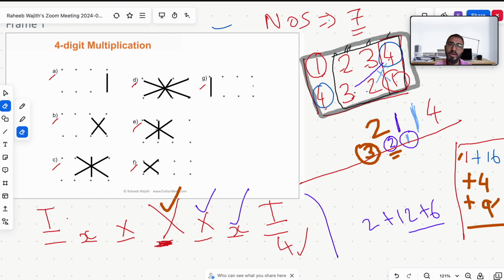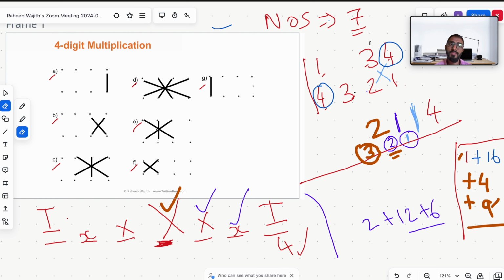Before coming to step number 5, I want to erase this. Yeah, it looks much better, no? You'll not get confused now. Yes, coming to step number 4, we are going to take this